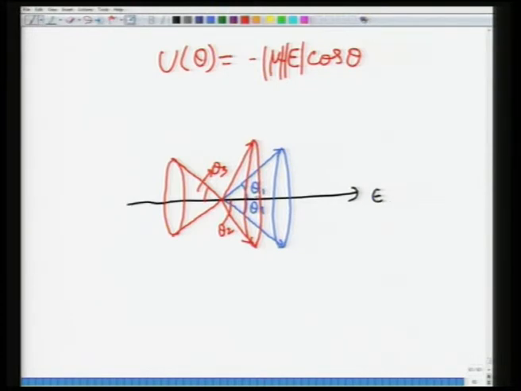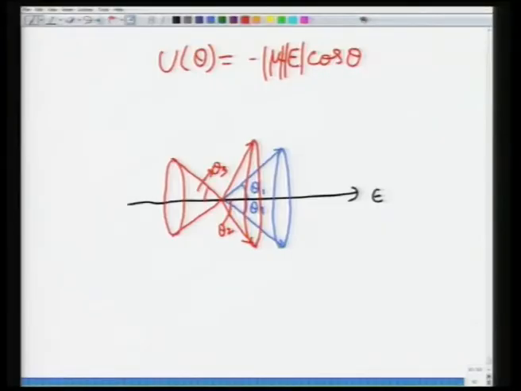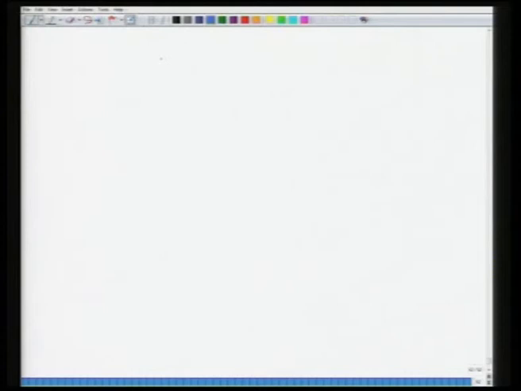along E, you will have to integrate this energy with respect to theta in order to find out the total dipole moment. But before we do that, we need to find out what is the net number of dipoles which are aligned in the direction of E. Then only would we be able to find what is the net dipole moment. So in order to do that, we need to first calculate two quantities. One is the number of dipoles, and then we need the dipole moment component.